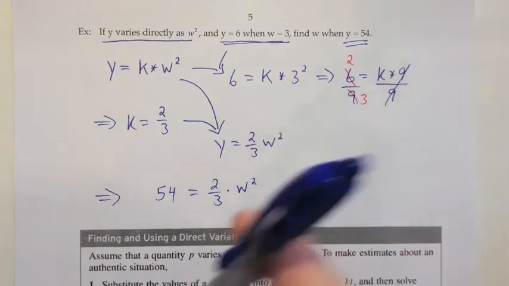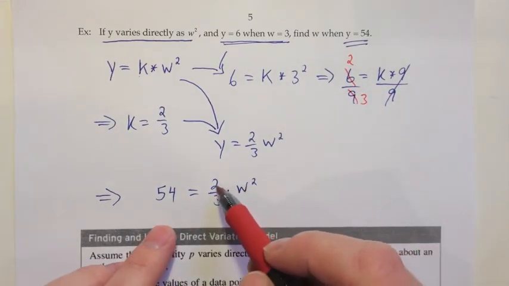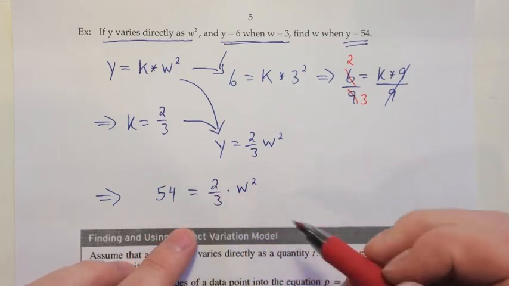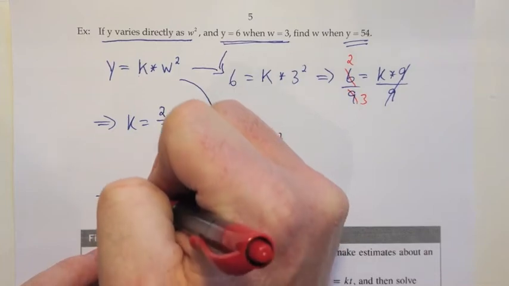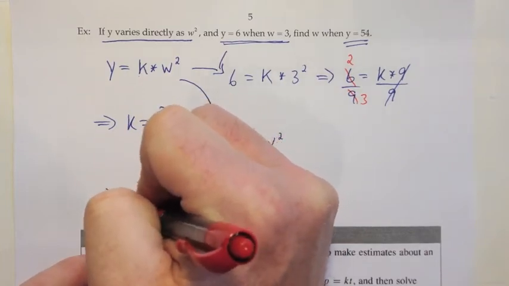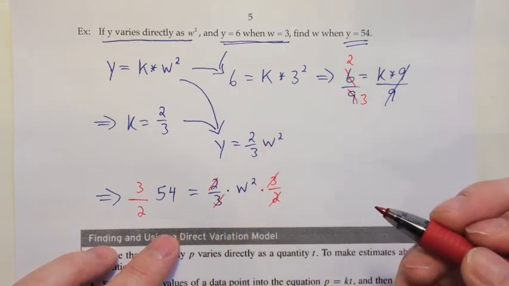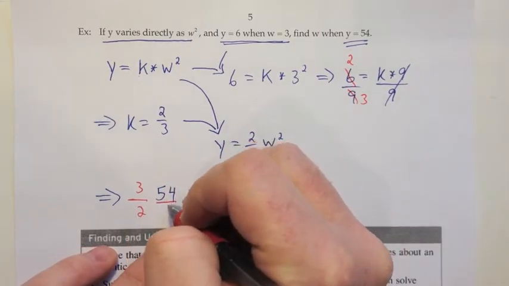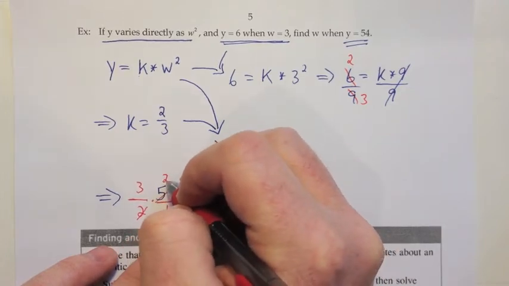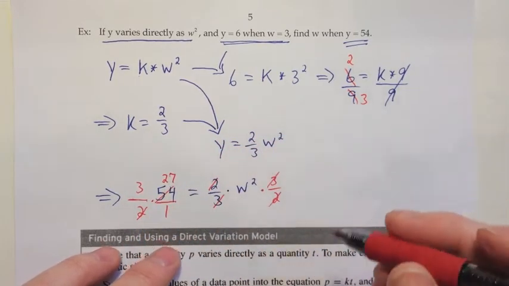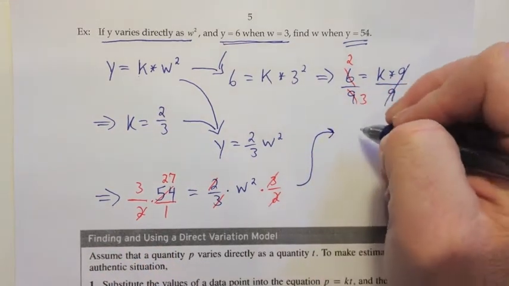And it's been a while since we've done this, but if we have an equation where to get the variable by itself you just need to get rid of a fraction multiplier, then you can multiply both sides by the reciprocal of that fraction. And the 2's would cancel and the 3's would cancel, and we'd have w squared by itself. And then over this side we could make that 54 over 1, and 2 goes into 54 27 times, and 3 times 27 is 81. So that would get us to 81